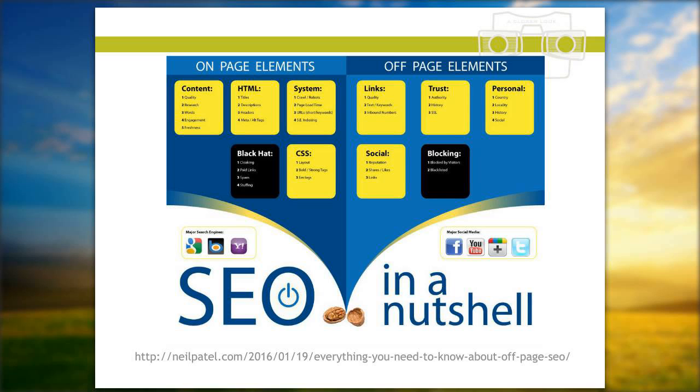Now, for a while that used to work, but then, as I said, this is when the algorithms changed and Google went, hang on a minute here, you're just trying to trick us. That's not what we want. And so they would either ignore it or give you a bad score for it because they said, we don't want you to trick us. We just want you to do the right thing. So that's one example of things that Google doesn't like.